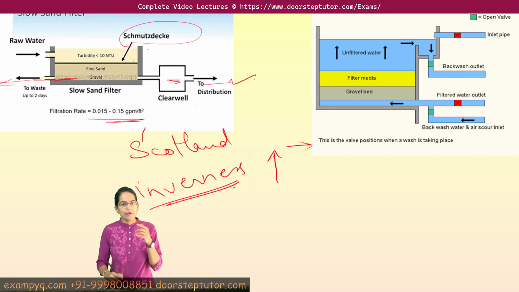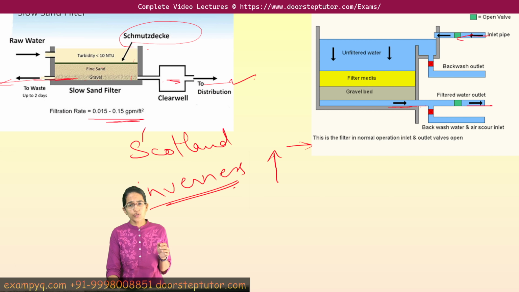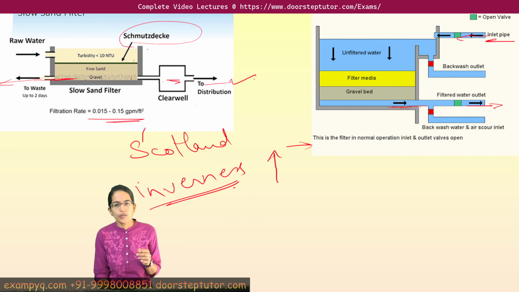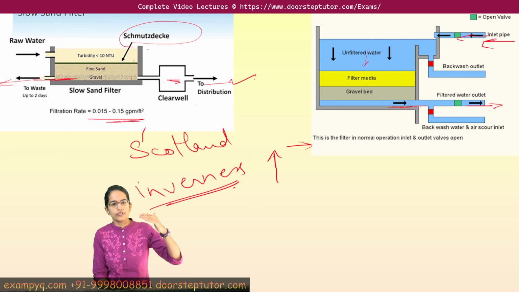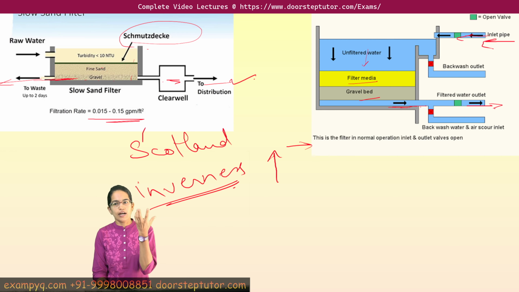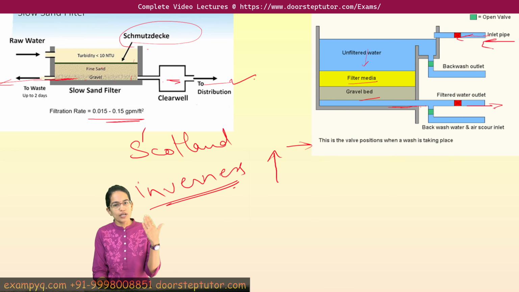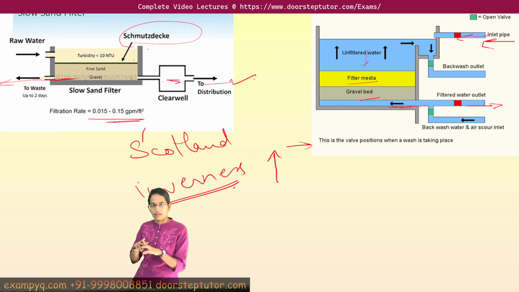The next is the rapid gravity filter. Here is the inlet pipe and here is the outlet. So here the water comes in and here the water goes out. The unfiltered water goes through the filter media and the gravel bed, and finally the water goes out. When water is flowing downward through the sand and the anthracite, concentrated solids form in the upper layers, and this helps in removal of the waste, and this is what is called the rapid gravity filter. So these two are the examples of gravity filters.